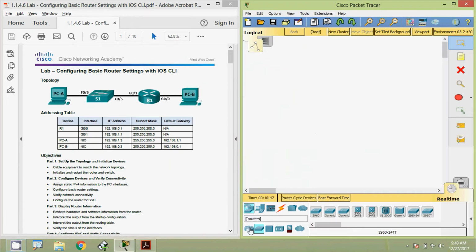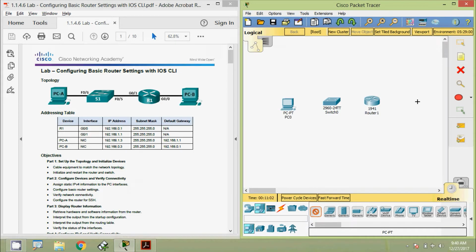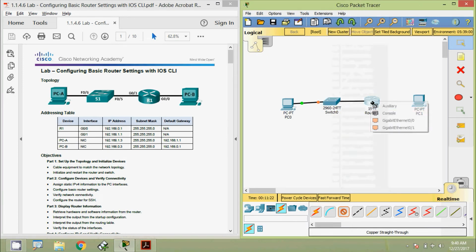Coming to the design, router 1941, switch 2960, then the PCs. We are going to connect these devices using copper straight-through. So we are going to connect from FastEthernet 0/6 to this PC, then from FastEthernet 0/5 to the router GigabitEthernet 0/0, GigabitEthernet